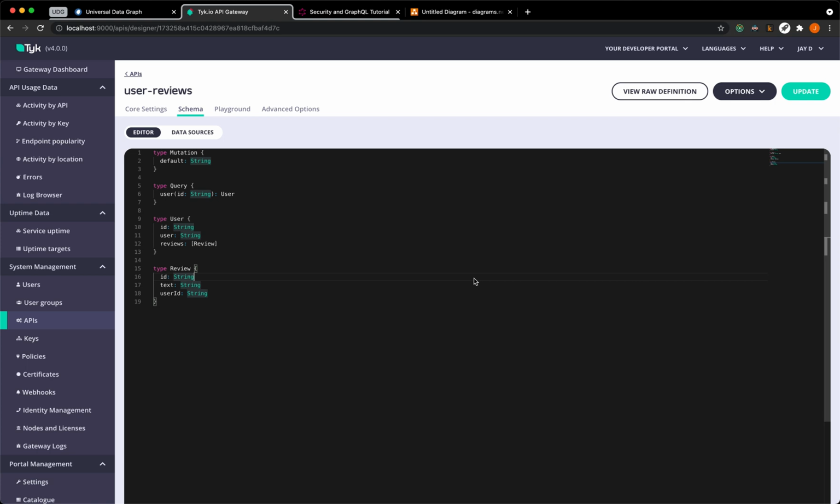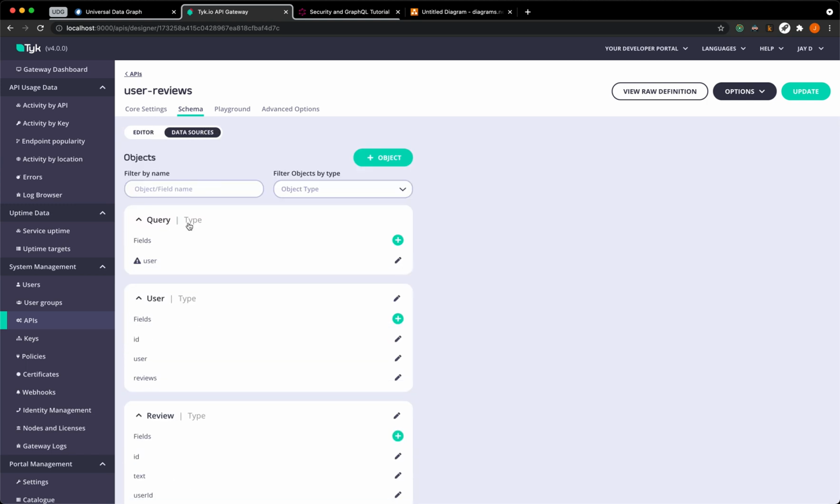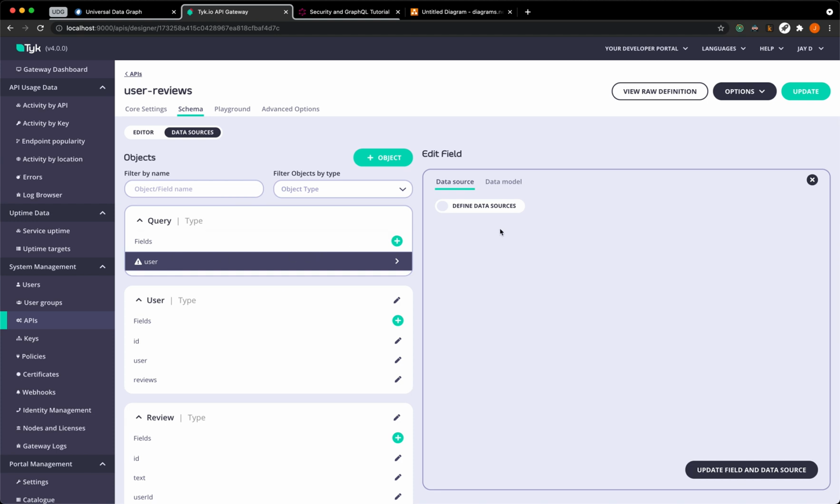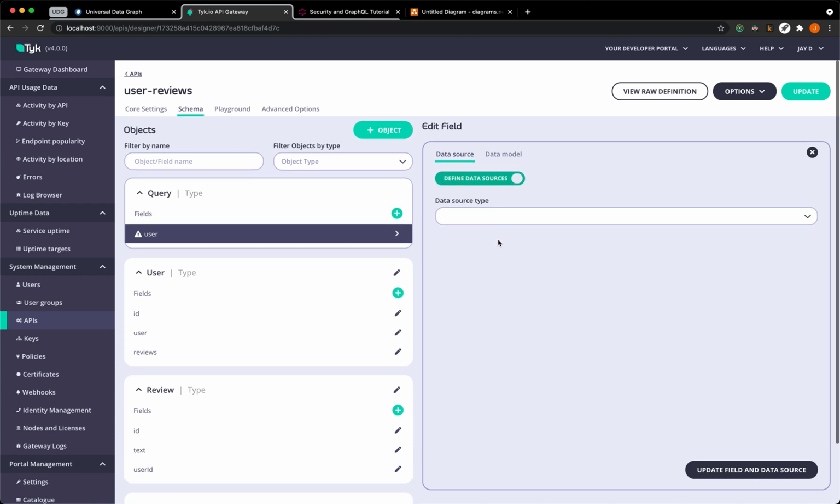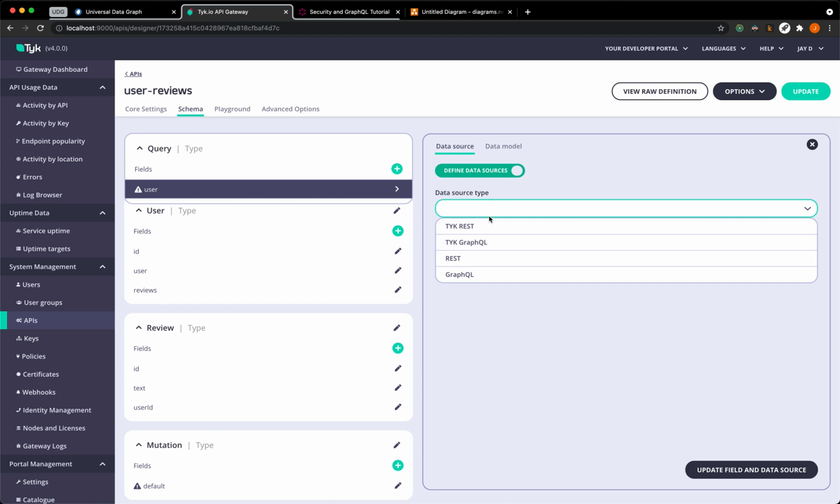Now that we have created a schema, let's attach our data sources so that the schema fields are resolved properly. So I'll switch to the data sources tab and select user query, and let's define data sources for it. There are four types of data sources. I'm going to use the REST one, but if your endpoint is GraphQL, you can attach that as well as